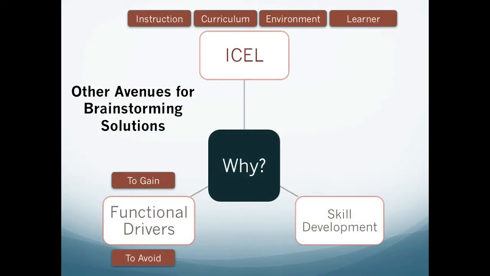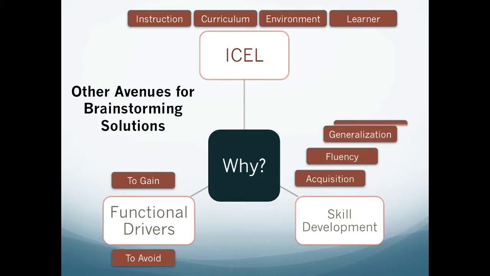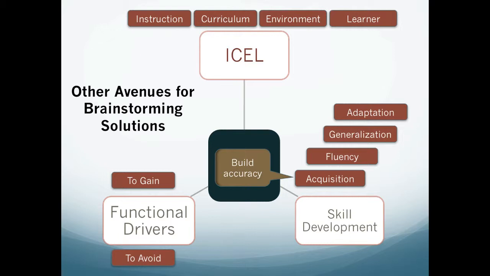And then finally, we also talked about the skill development or skill hierarchy. Again, are students just trying to acquire a skill? At this level, they're just building accuracy. So if that's where their skill level is, we'd want to make sure that we're providing solutions that match with that level. If we turn into the academic world, this might be a strategy such as cover, copy, compare, where a student is given a type of problem to complete and then has the answer key that illustrates the correct way that that problem should be solved. Again, building accuracy.